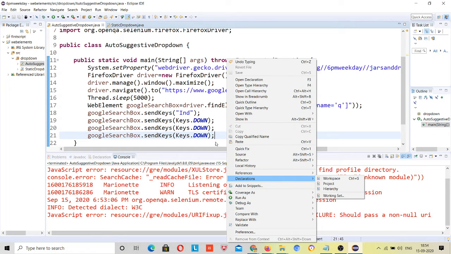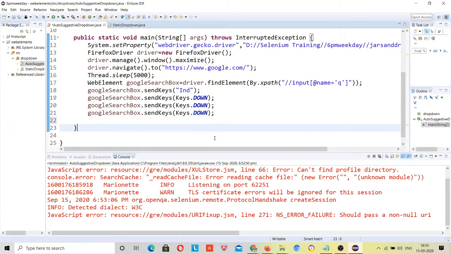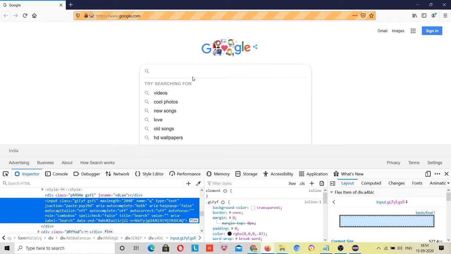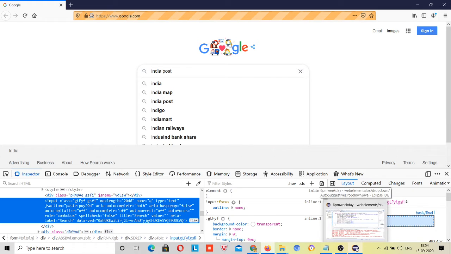And after this I will show that if my mouse comes here, suppose I am searching IND and India Post. Our expected result is 1, 2, 3, India Post, right? But let me run it.